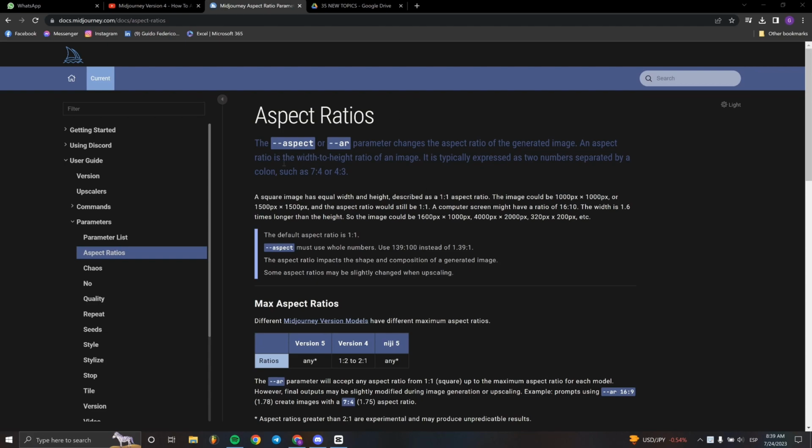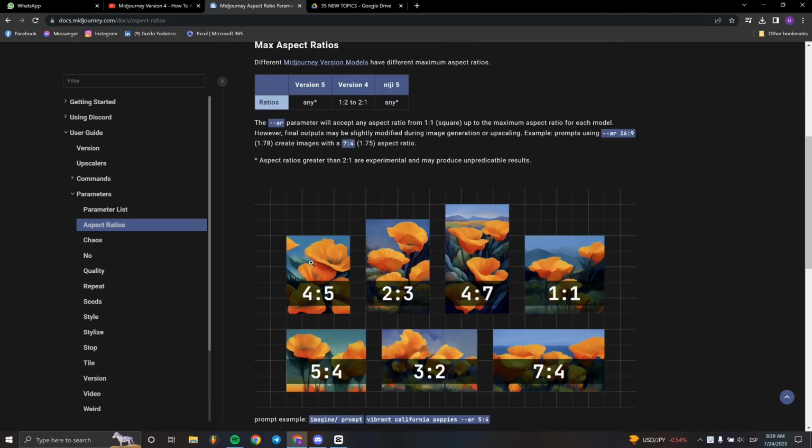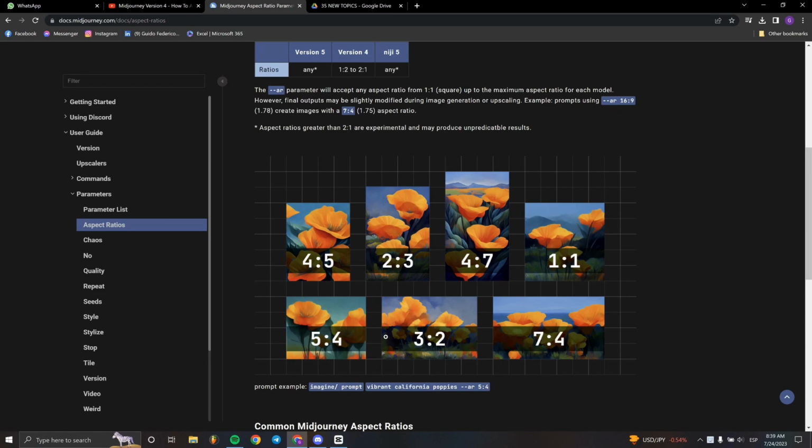First of all, if you'd like to have this precision, you can go to aspect ratios under parameters here on docs.midjourney.com to make sure of all the parameters available to keep in mind. So you can put 4:5, 2:3, 4:7, and it goes on. Once you make sure these are all the parameters that you want, if you have, for example, this one,